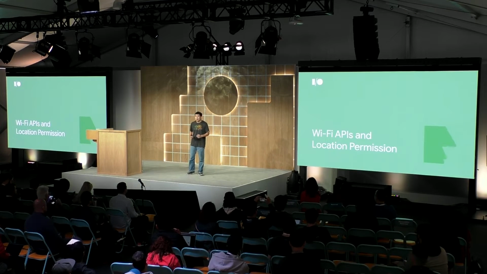Thanks, Praveen. Good morning, everyone. My name is Wang. I'm a software engineer in the Android location team. Praveen talked about more control and better visibility of direct location access through location service APIs in Android Q. However, on Android, it's possible to get indirect location access from connectivity APIs, especially Wi-Fi APIs.